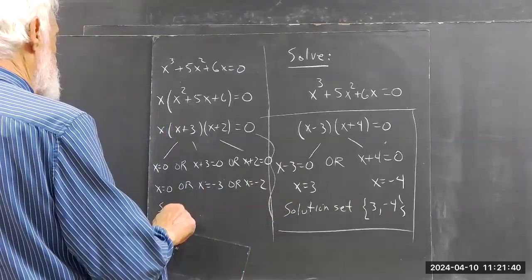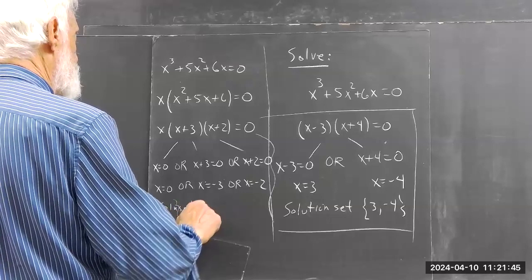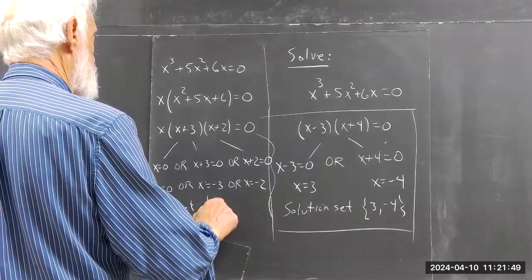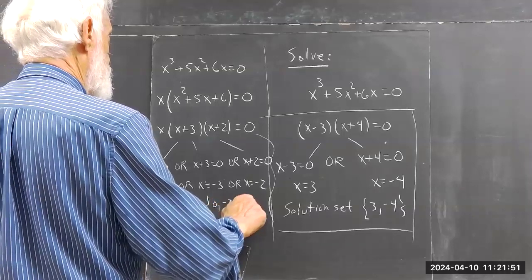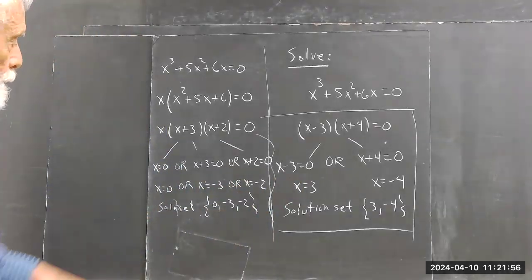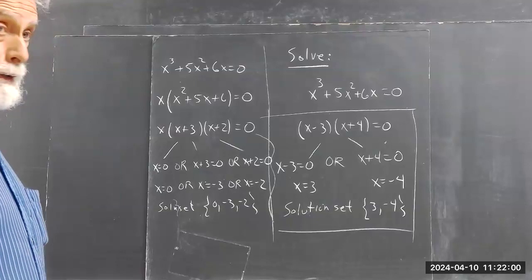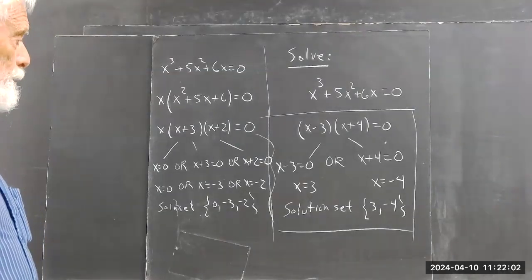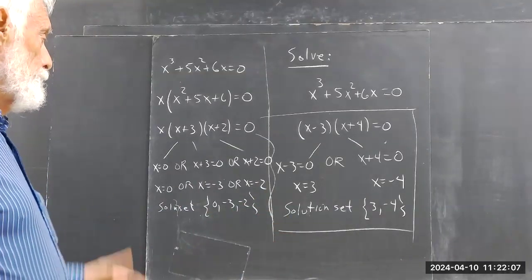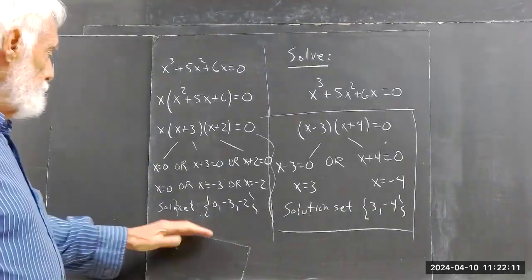So the solution set is 0, -3, -2. You're probably right. Maybe write them in a different order, ascending order, but I just wrote them in the order they came out. Probably be better to write it -3, -2, 0. Or even 0, -2, -3, so there's some kind of order. Still,